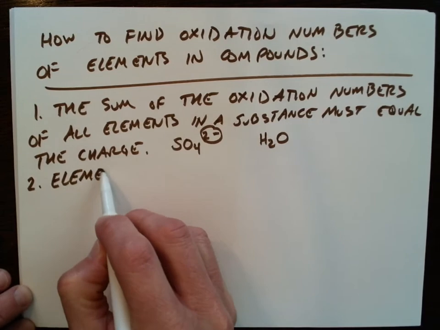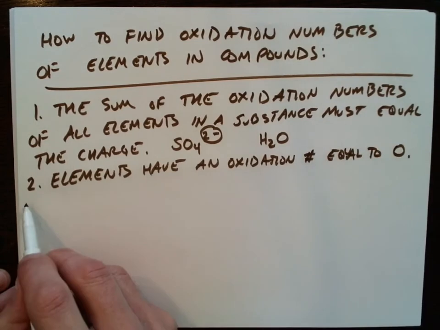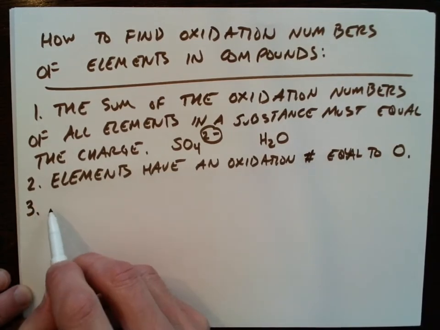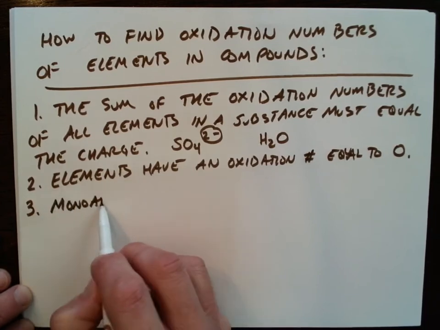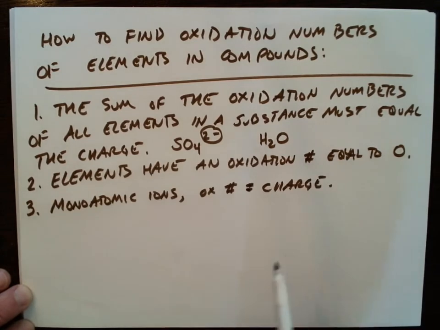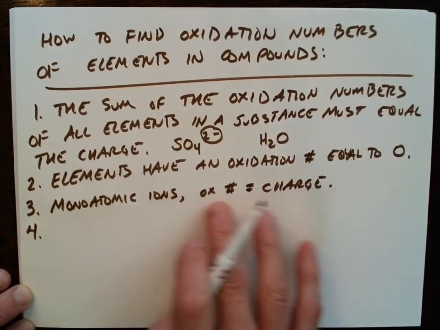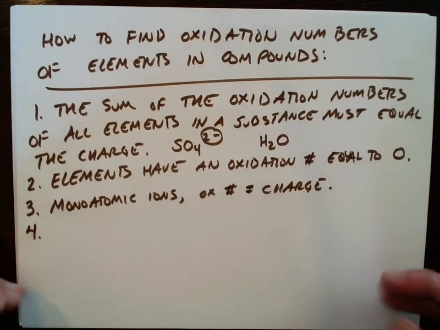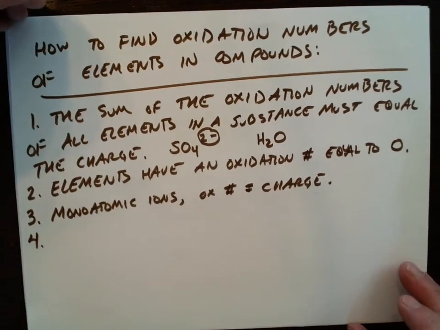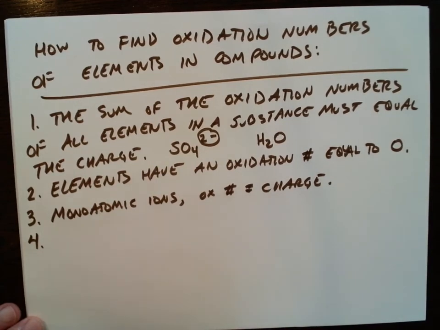Elements have an oxidation number of 0. Third rule, monoatomic ions have an oxidation number equal to the charge. Okay, these first 3 rules are almost always followed. The first rule always has to be followed. The rest of these are suggestions. They are guidelines, and you do them sort of in order. So first, number 4 is, I don't want to say almost always, but is